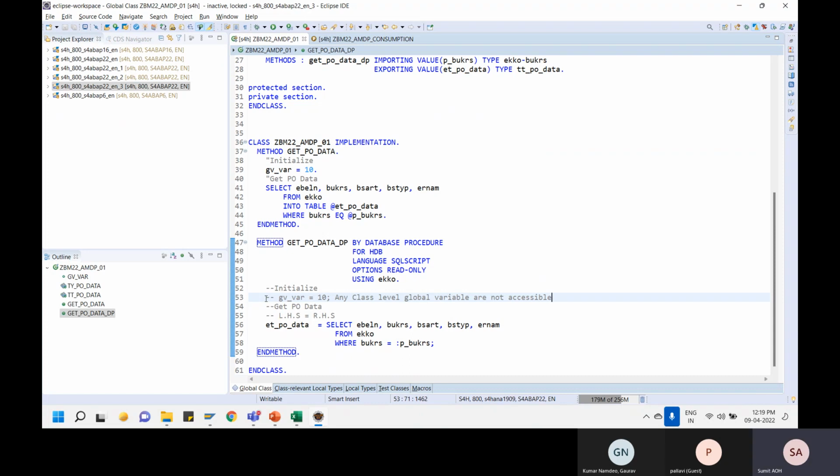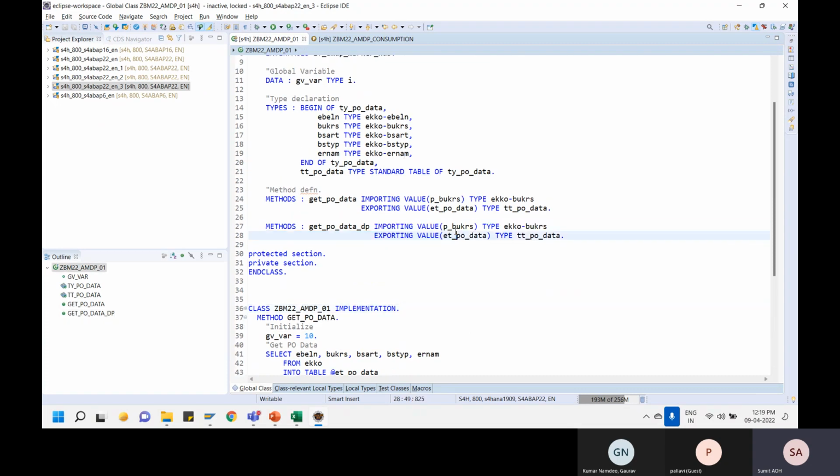If you want to relate it more easily, you can think of an RFC function. For example, you are creating an RFC function. You might also have experienced that you always go with pass by value and not pass by reference. Why is that so? Because when you go with pass by reference, the memory reference would be passed. Now let's say you are on an SAP ERP system calling a function of SAP CRM. Then the memory in both systems would be different. And that is why whenever you are creating a remote function module, RFC, the system won't allow you to create anything other than pass by value. So for example, if I say I want to have an exporting parameter ETPO data over here